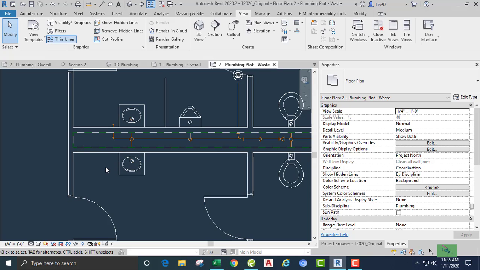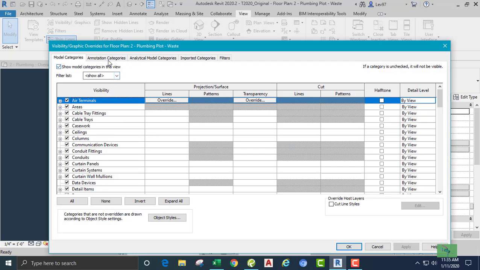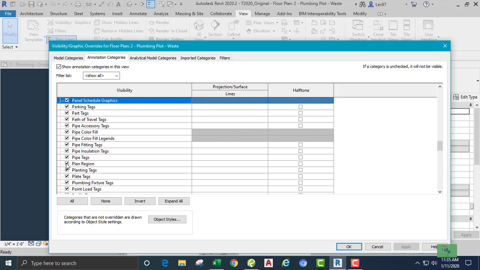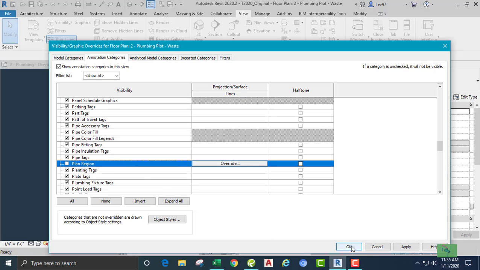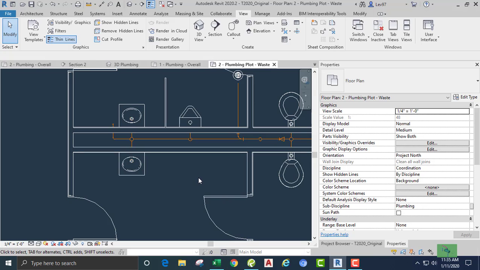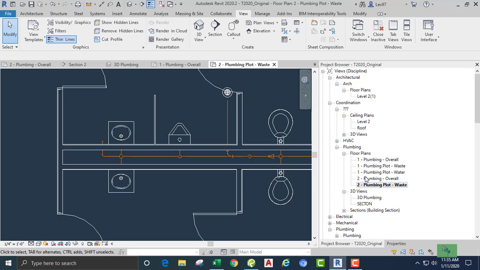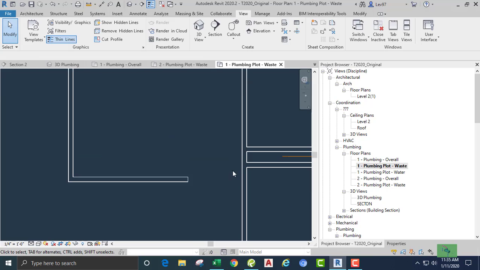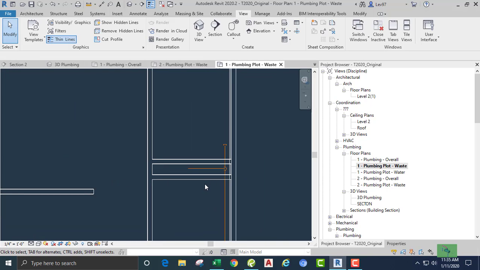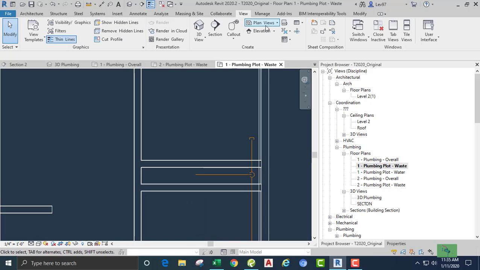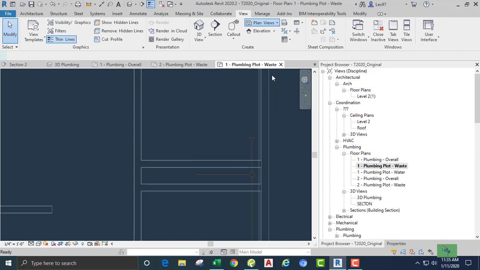So what we can do now, I'm gonna turn that off. So you go to annotation and the plan region, let's turn that off. Okay, and so the second floor, first floor, let's go into our first floor plot waste, okay, which is here, and we can do the same thing here. So let's use a plan region view